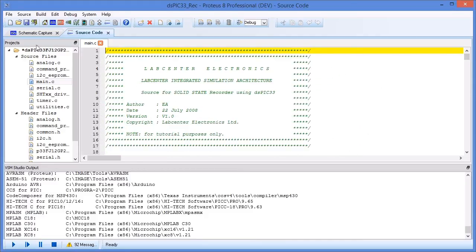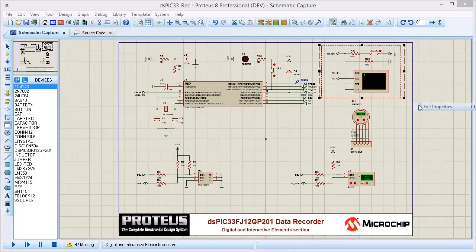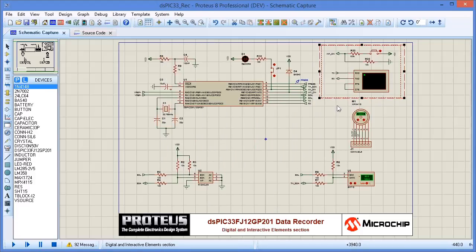Before we start compile and debug, we'll finish setting up the VSM Studio view. We can do this using a feature of Proteus known as active pop-ups. This feature allows you to tag areas of interest on your schematic, view and interact with them in VSM Studio when the simulation is running. The big advantage of this is that it removes the necessity to keep switching between schematic view and programming view